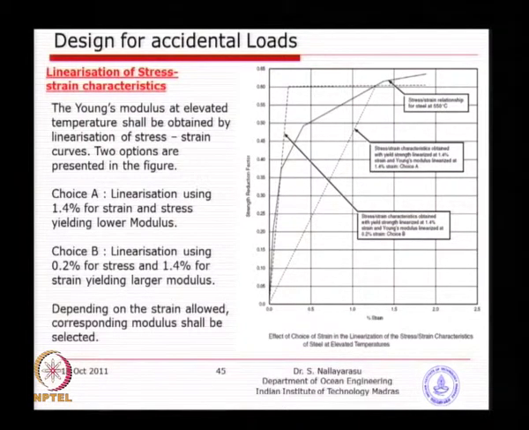So, we take 0.2% as the approximation to find out the approximate modulus of elasticity value. The second approximation could be potentially using the same 0.6 or the corresponding yield value, just take a straight line joining origin and the point of intersection with the 60% reduction, and you will see a reduced modulus of elasticity because the slope is reducing.